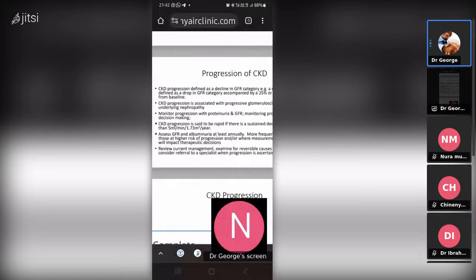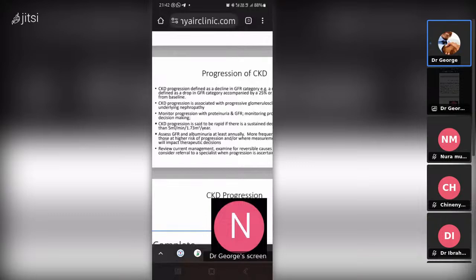So start preparing the patient for possible renal replacement therapy, which can include dialysis as well. The goal of treatment in those stages, when you start getting to stage 3, is actually to delay the progression to end-stage renal disease. The reason why you want to delay it is that you don't want to transplant the patient. You want to delay the transplant as much as possible because transplant is like the ultimate of all the treatment you are going to do.